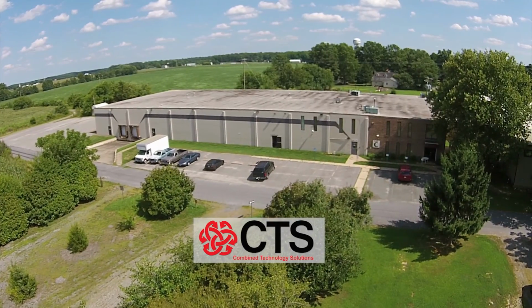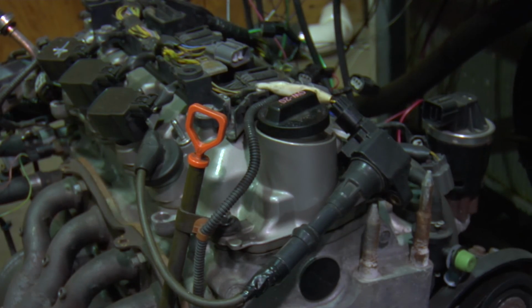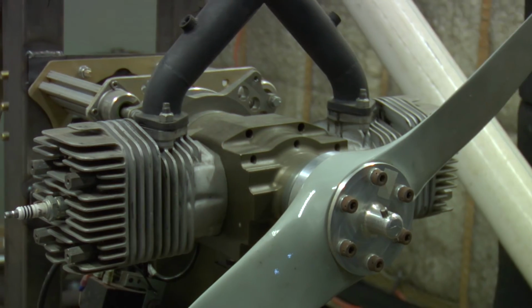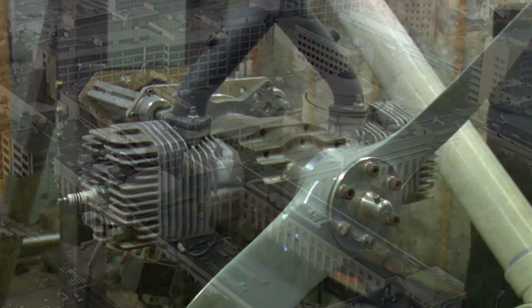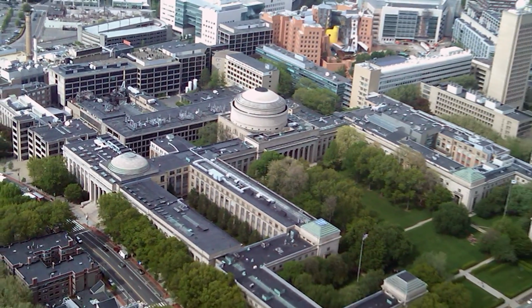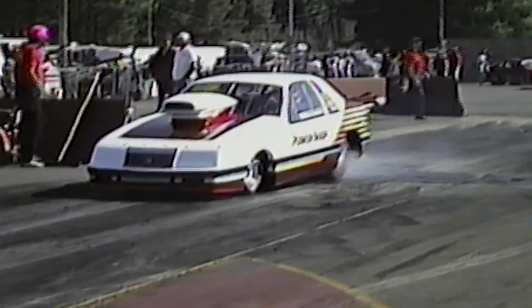CTS, Combined Technology Solutions, is the name of the company, and that's not an accident. We combine technologies of all kinds to create solutions. Internal combustion happens to be one of the specialties that we do very, very well. We were part of a plasma research team at MIT in the early 90s, and we raced for a living